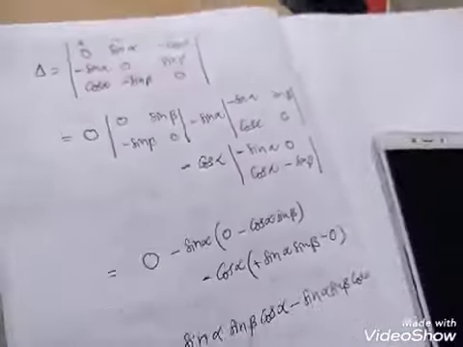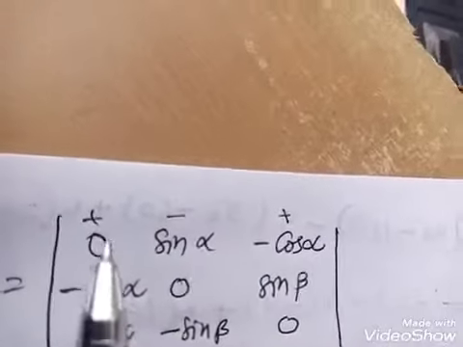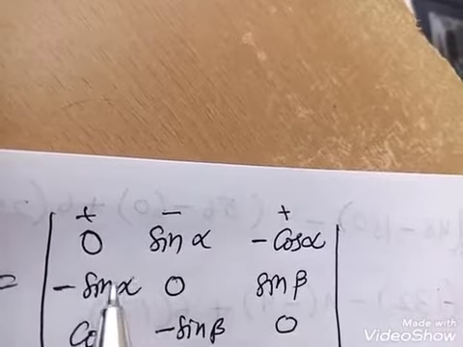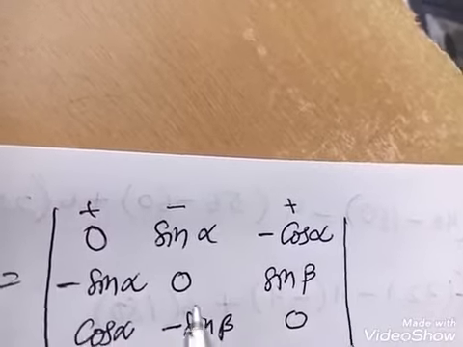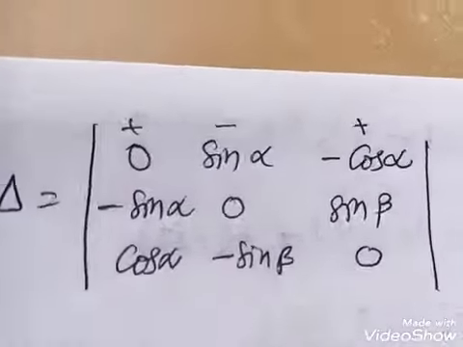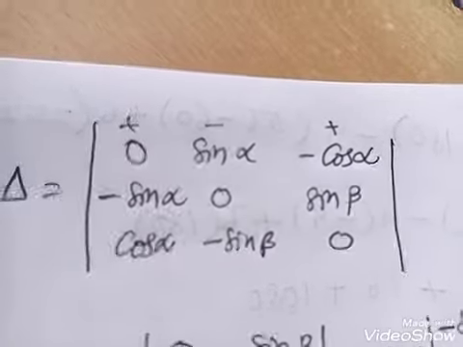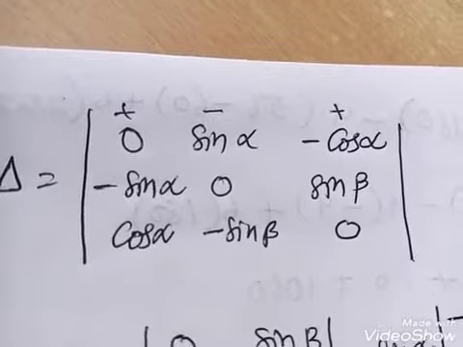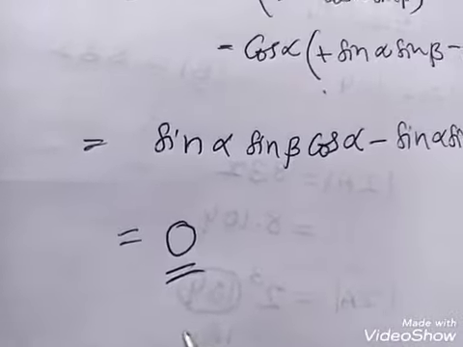Here also one CET bit is involved. What is the given matrix? Observe there, the elements of the principal diagonal are 0 and corresponding elements have opposite sign. That means if you go for the transpose, you are going to get A transpose is equal to minus A. That is a skew symmetric matrix. Elements of the principal diagonal are 0 and corresponding elements are with opposite sign. You can remember it as the skew symmetric matrix. Now the determinant of the skew symmetric matrix is 0. You should remember.